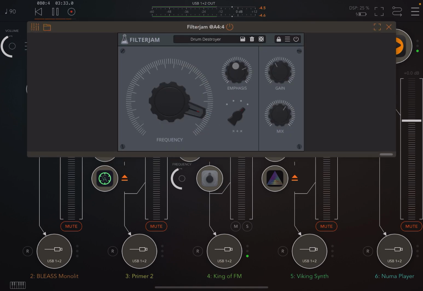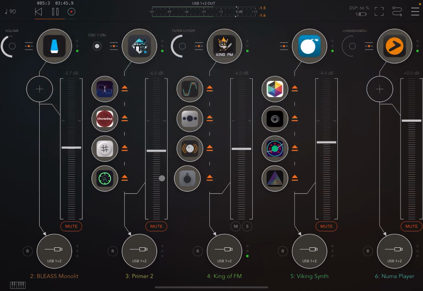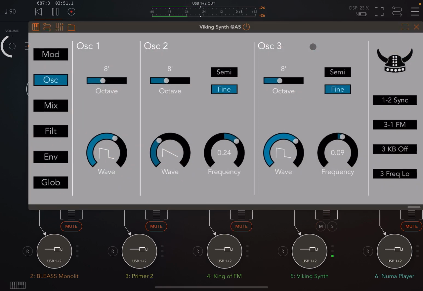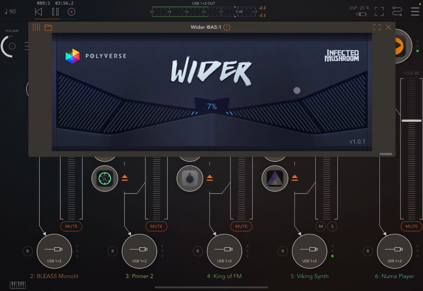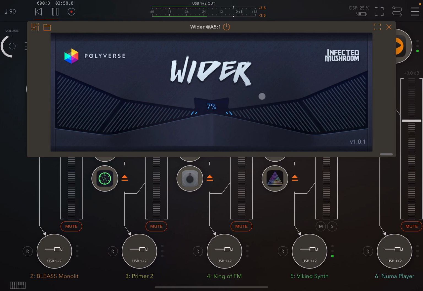This one is Filter Jam. You just have to mess with these on your own. Moving on to the next batch. We're gonna use Viking Synth. This first one is Polyverse Wider. They make a app called something Mushroom for VSTs for the laptop. It's pretty crazy. But I hope you're wearing headphones because